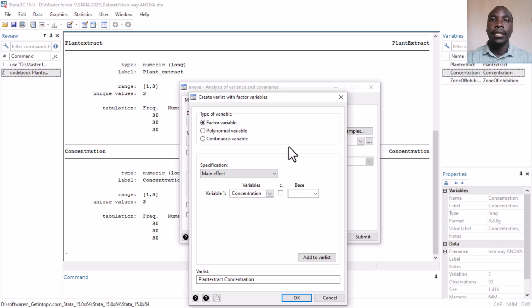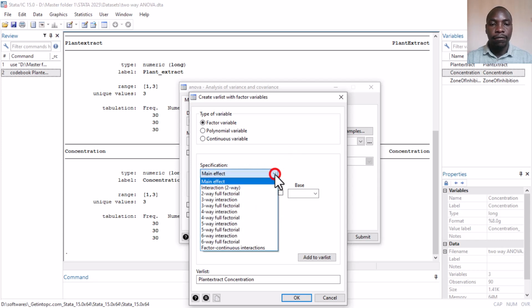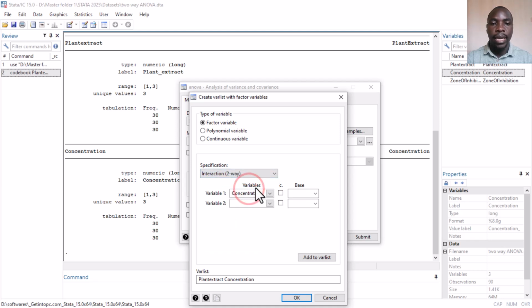Additionally, we want to assess whether there is interaction between our two factor variables. So we are going to specify here, instead of main effect, we want to look at the interaction for two-way. And then you will see that now we have got two boxes to specify the variables. I would prefer to start with plant extract and then bring in concentration, then add to variable list, then click